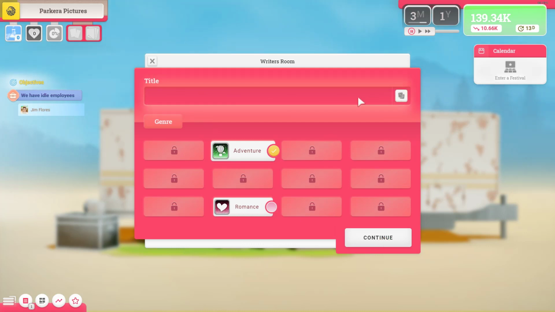Sorry, we need to create a title. What I usually like to do, I'm not that imaginative, is just go random. Breathe the clouds, child of the North Sea, hunt the dust. Let's have a look. What are we doing in an adventure? Okay, travelers on the road. That sounds like a decent...